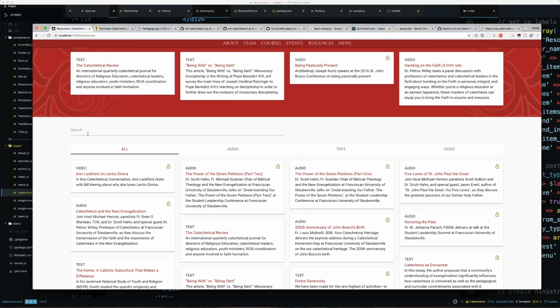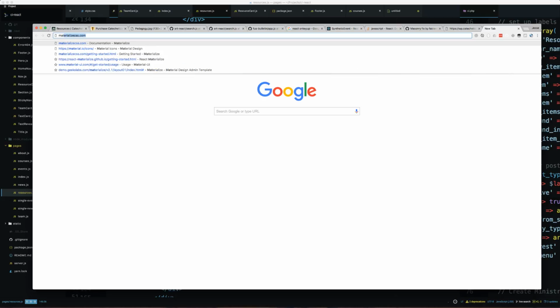And I think I used this in a project recently. I'm trying to remember what project it is so I can just grab the code. It'll probably be faster for me to just get it. So let's go to material